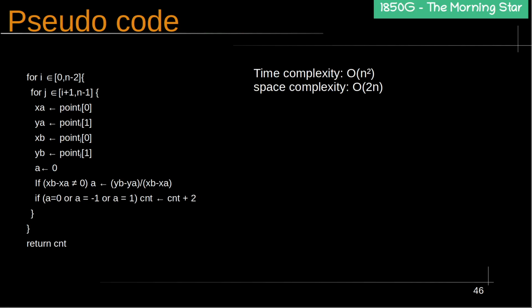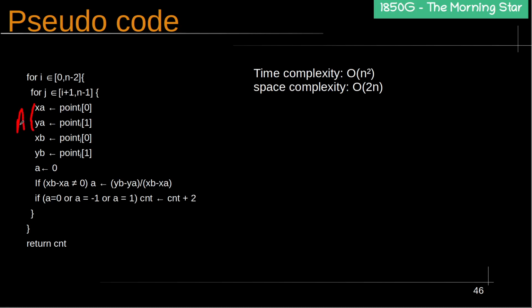This is the pseudocode of this code. I will run i from 0 to n minus 2. Why n minus 2? Because I add to i plus 1 here. And j from i plus 1 to n minus 1, I will compute